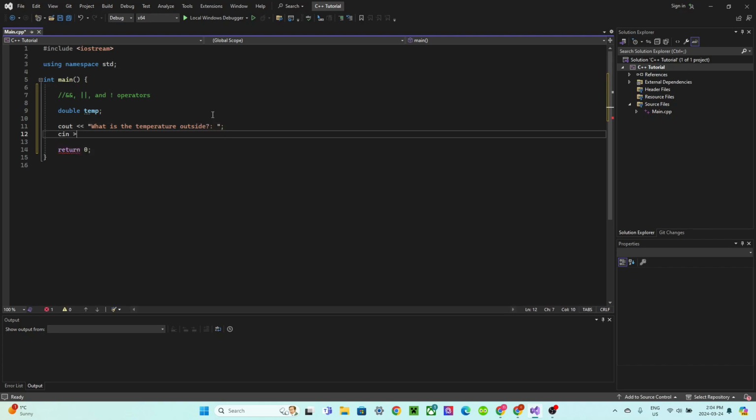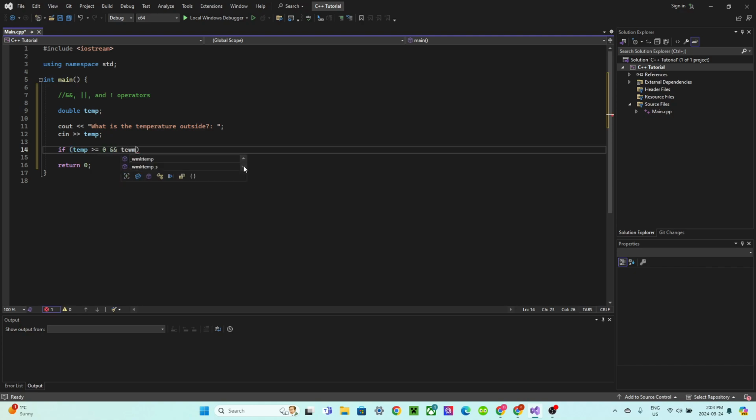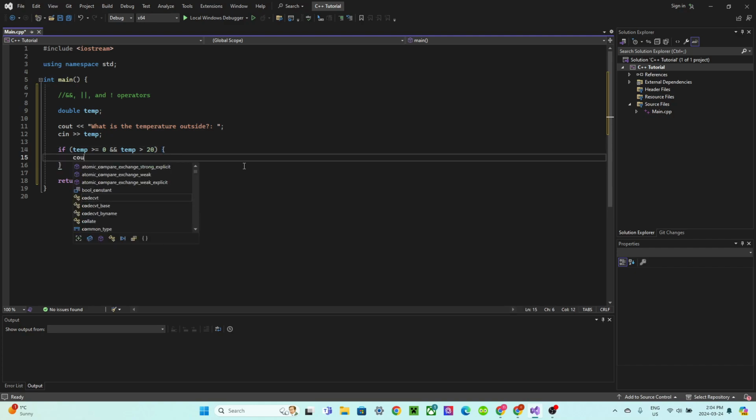And we will take in temperature. And we're gonna use an if statement again, saying if temp is less than or equal to 0 and temp is less than, say, 20 degrees, then we'll say